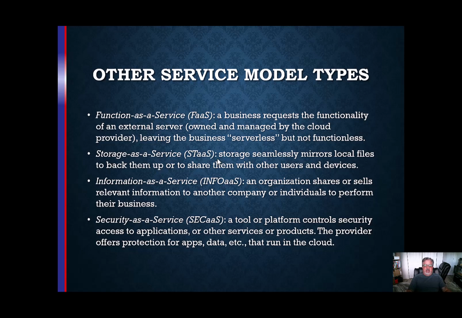Now, storage as a service, by the way, function as a service is FaaS. Storage as a service, STORaaS. What is this all about? Well, there's all kinds of storage as a service, but one example would be mirroring local files and backing them up to the cloud. Maybe you've heard of the Microsoft Azure Backup product.